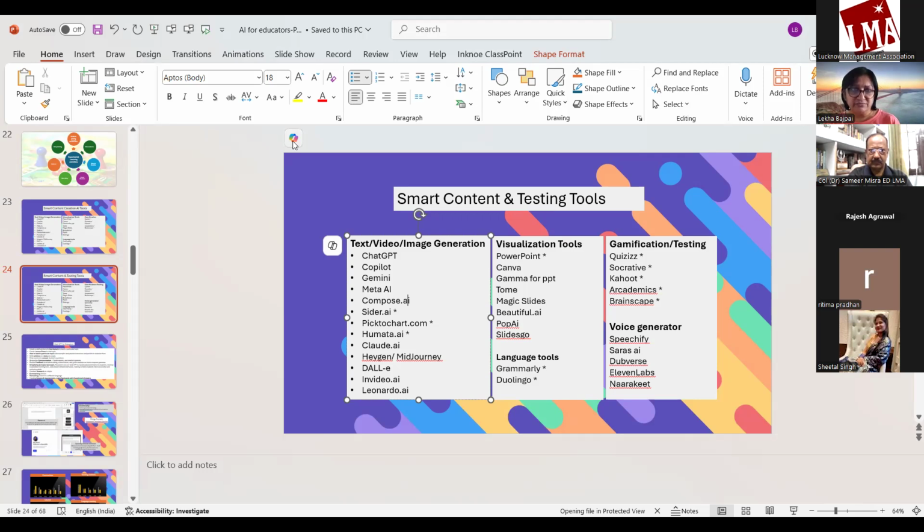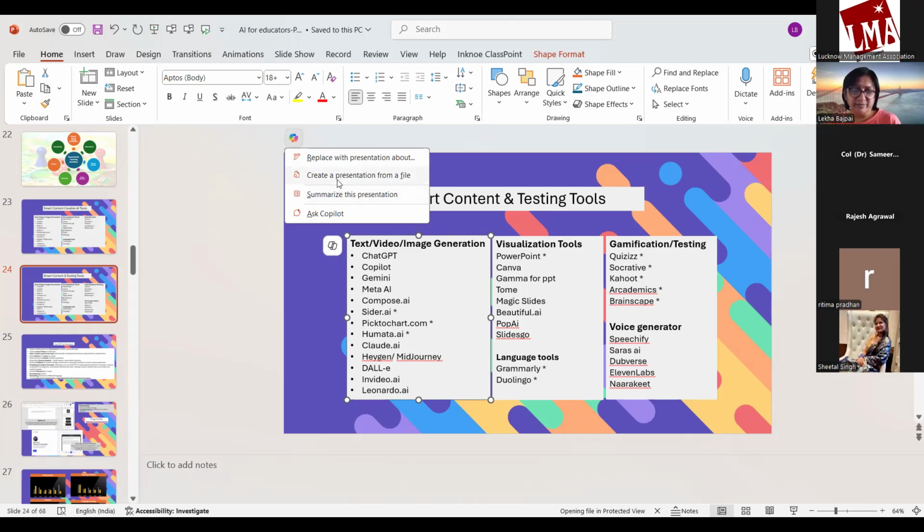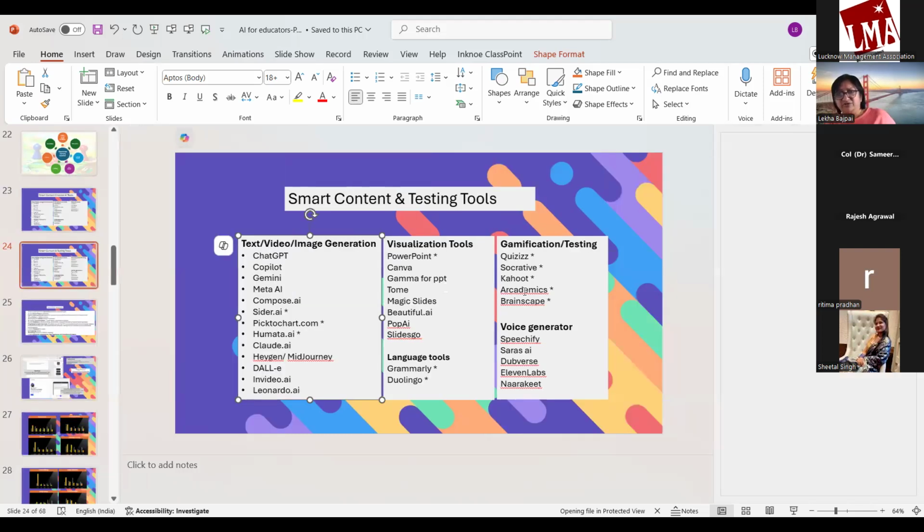I can just ask it to summarize this presentation or create a presentation from a file. If you have a Word document, you put down all your points in that, and you can ask Copilot to create the presentation from that Word document. Or you can just ask questions to Copilot from the presentation. So if I ask a question to Copilot,